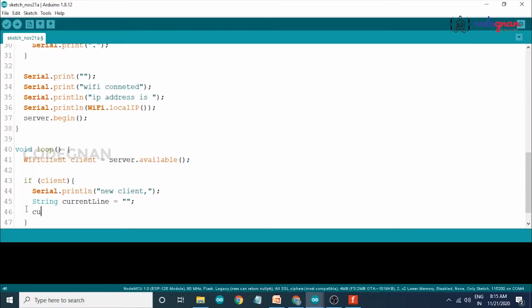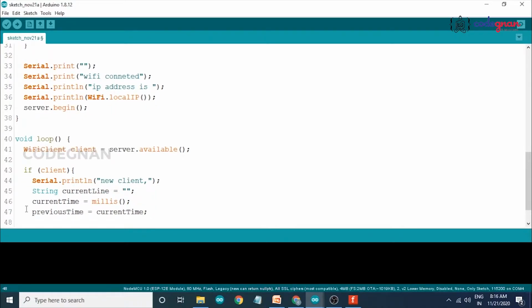current time equals to millis. So I am starting here millis, and now previous time equals to, initially we have declared globally previous time equals to 0, and I am attaching the previous time to current time, and give the while loop so that it connects with time, approximately client